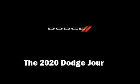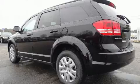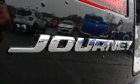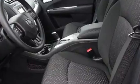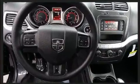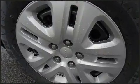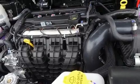Load your family into the 2020 Dodge Journey. It features a front-wheel drive platform, an automatic transmission, and a 2.4-liter four-cylinder engine. Top features include a split folding rear seat, front and rear reading lights, speed-sensitive wipers, a trip computer, fully automatic headlights, and air conditioning. Passengers in the third row enjoy seat-back reclining functionality, providing an extra level of comfort and